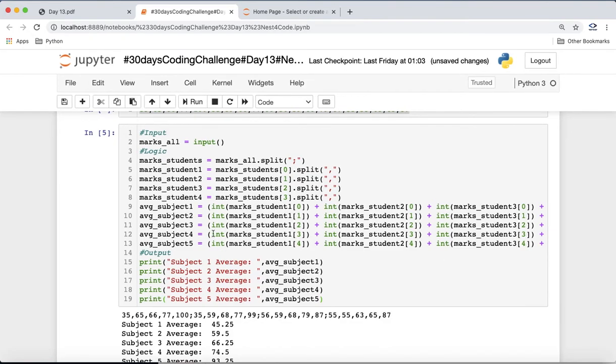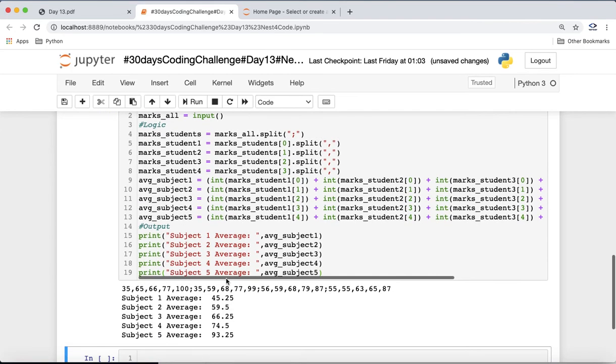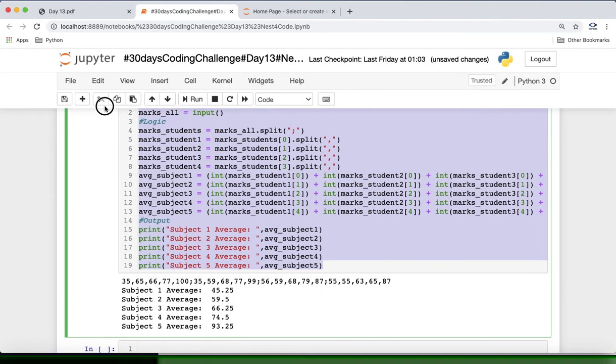A few changes that we can make: maybe we can club all of this together. I think this is decent. If you want to make a few changes, one thing can be that we can go for loops, but because we have a definite set of students and numbers, it's good to do it this way also. Okay guys, so try this on your own also.